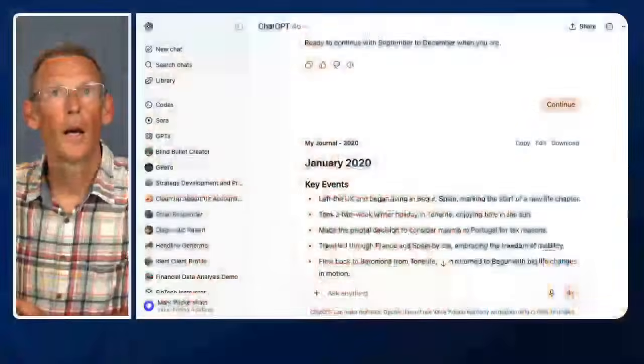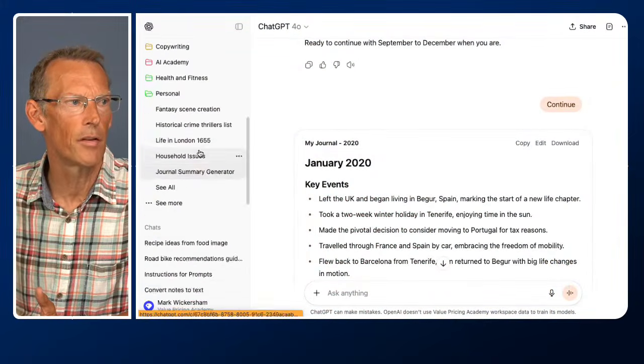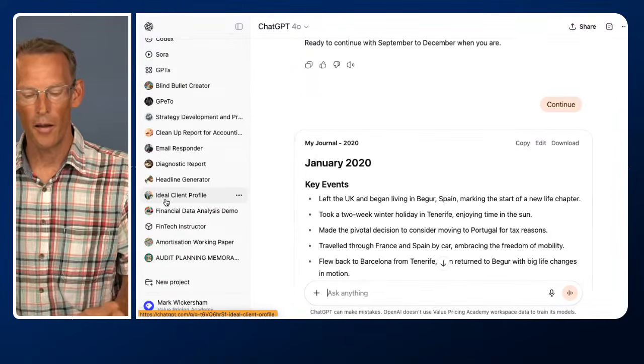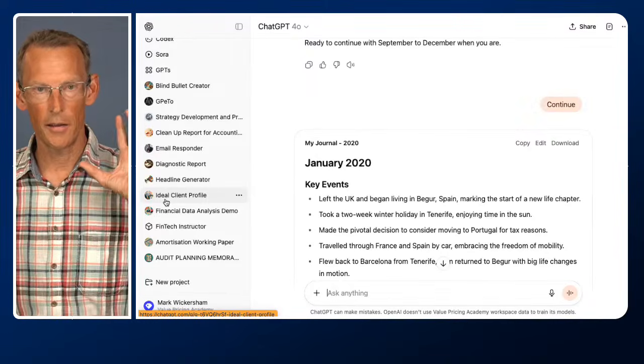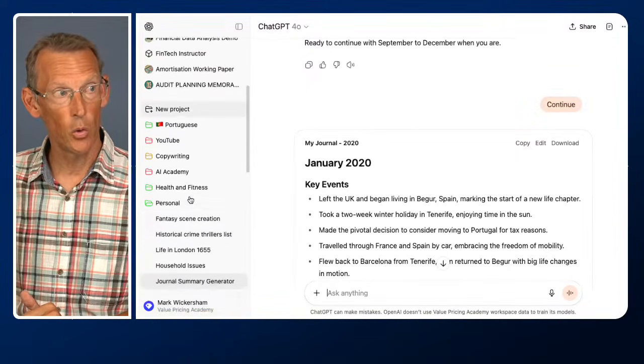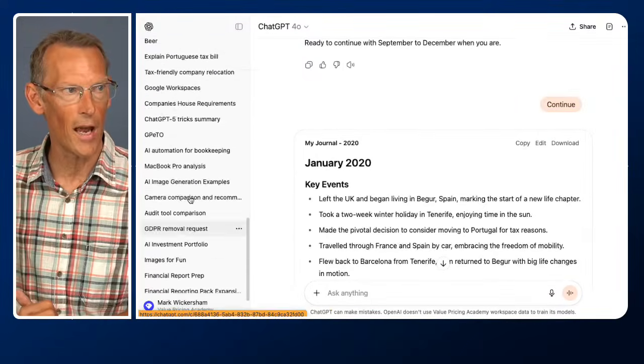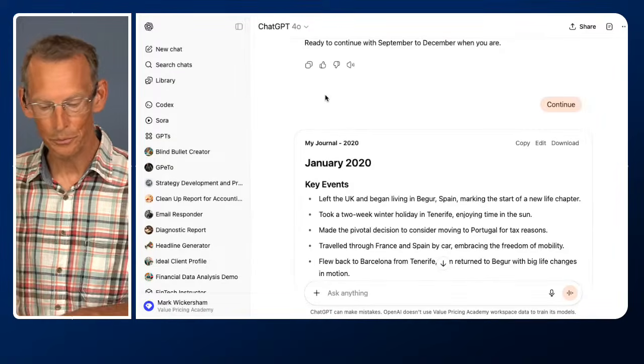And you'll find that before long, you will probably end up with lots and lots of chats, as you'll see with mine. So I'm going to switch across right now to my account. This is my account. You will see firstly, I have some different features. All these things with the icons are custom GPTs. It's a powerful feature of the Plus and the Team Plan. And also there's some folders which are my projects. And then below that is my history of chat. And I must have hundreds and hundreds of chat messages going on. So a lot of stuff there in my mind.